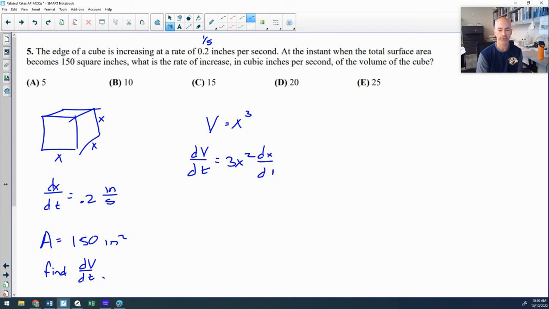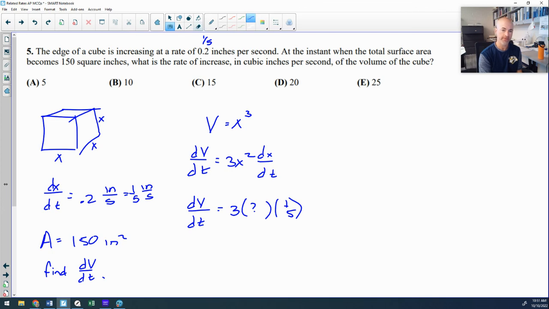And I am trying to find dV/dt. So that's my objective. That's going to remain dV/dt, which means I want to substitute for x and dx/dt. I do not yet have a value of x. dx/dt is 2/10. I'm gonna go ahead and change that to 1/5. I just like fractions better. They're easier to work with in my opinion. So that's 1/5 inches per second. Now to find x,